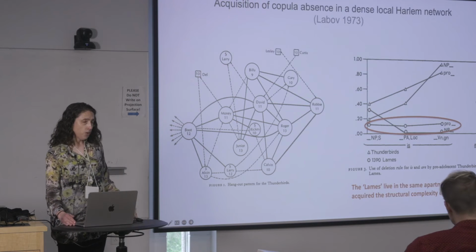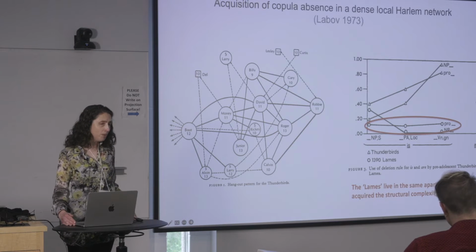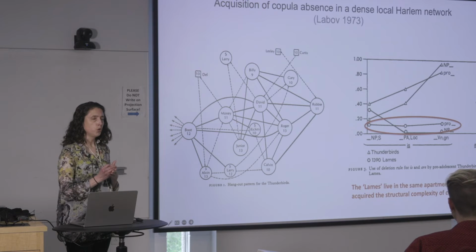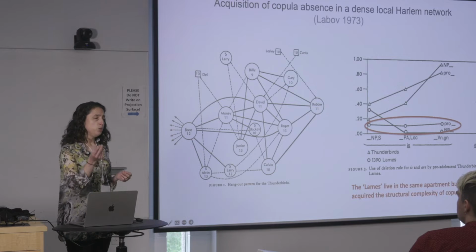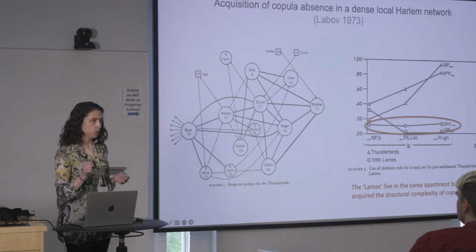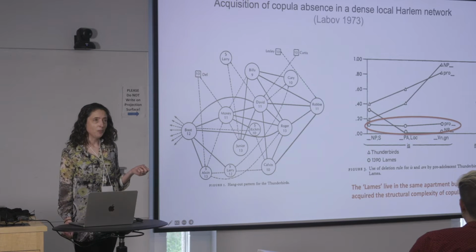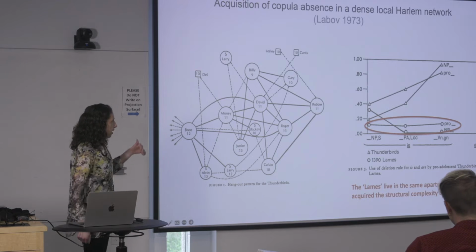Now on the right, you have data about copula absence. Now remember, copula absence is where you have a clause and it has a tense form of the verb be, like she's swimming, and you omit that tense form of the verb be. So you say she swimming, right? Now it turns out that that's really, really complicated. When you can do it, when you're more likely to do it, and so forth.